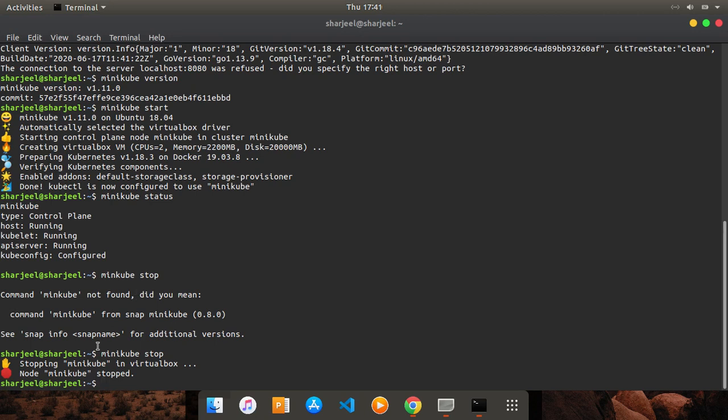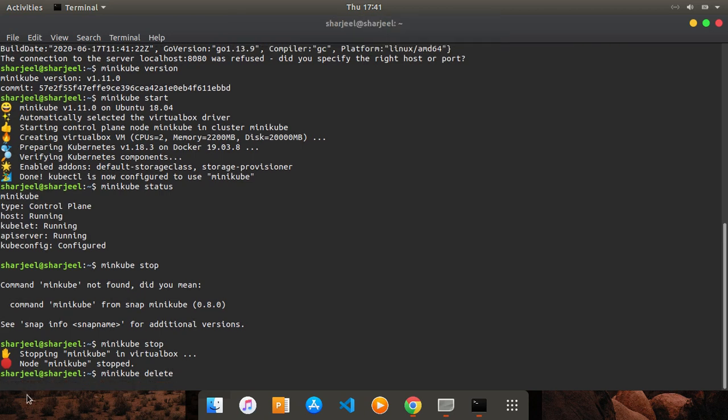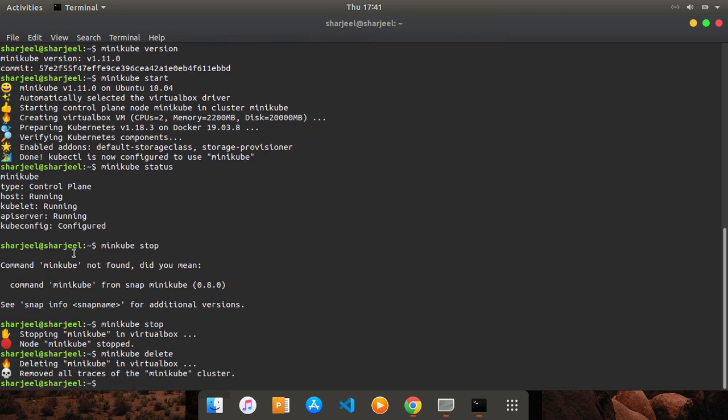So what is the delete command? The delete command actually deletes this config file. Okay, and if you are getting any error, you need to stop and after that delete this. So how can you do this? It's quite simple. You just type minikube stop, or we have already stopped. So now we just type delete, and it will actually delete this. Okay, now all the stuff is being deleted.